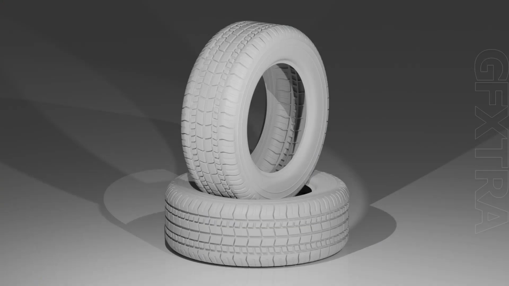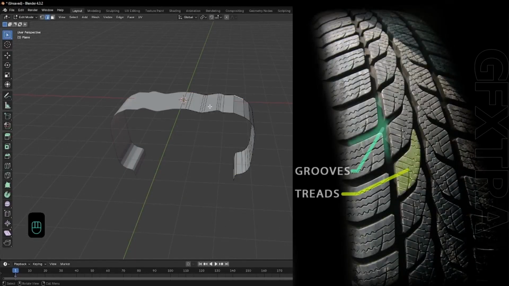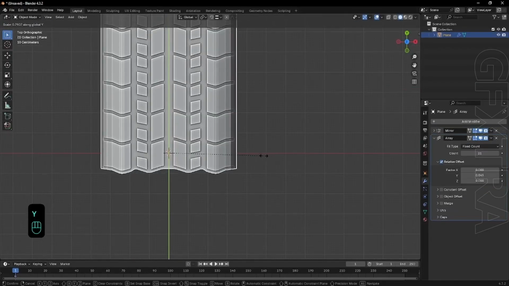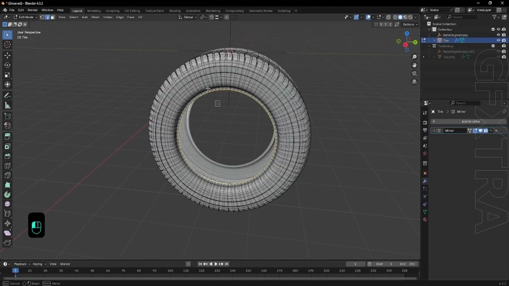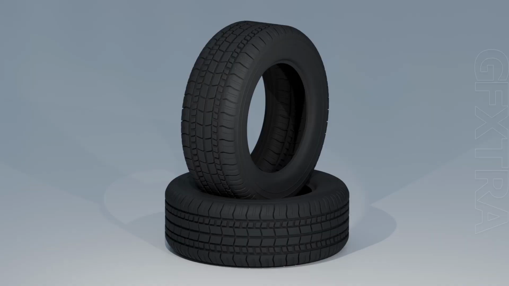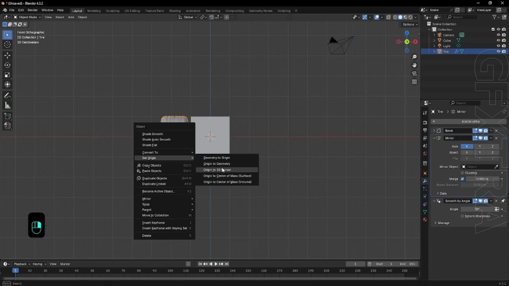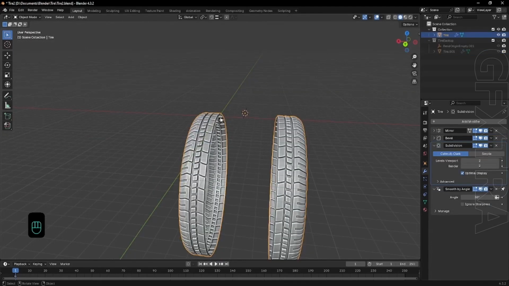This is a high poly tire and we will start it by just using a simple plane, and we will edit this plane, give it a shape, then apply some modifiers, and at the end we will achieve a very nice looking wheel. We will learn a lot of useful techniques to achieve realistic looking tires, and you can use